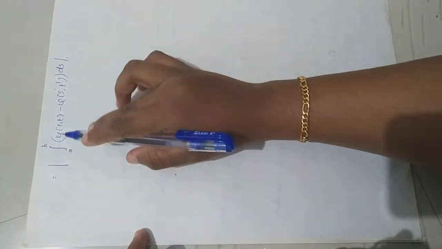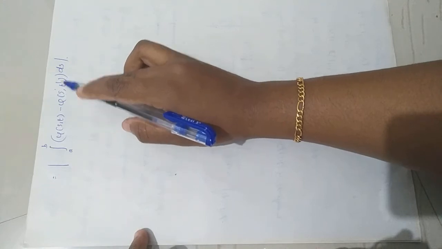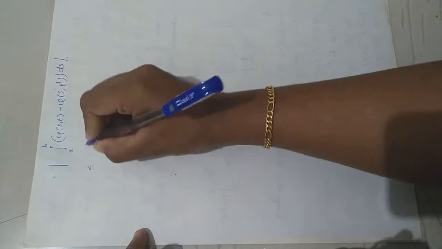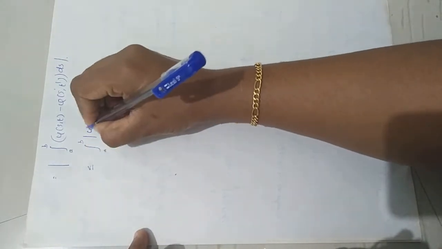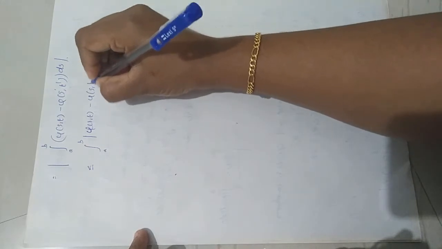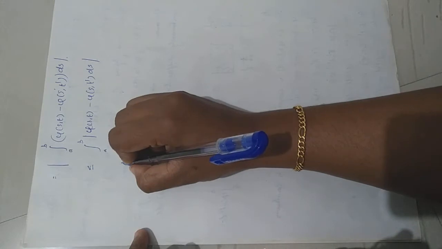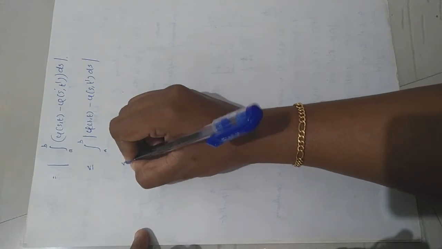So combining the terms, we will get modulus of integral A to B of psi(s,t) minus psi(s,t') ds. So modulus of the integral will be less than or equal to integral A to B of modulus of psi(s,t) minus psi(s,t') ds. So this will be less than or equal to,